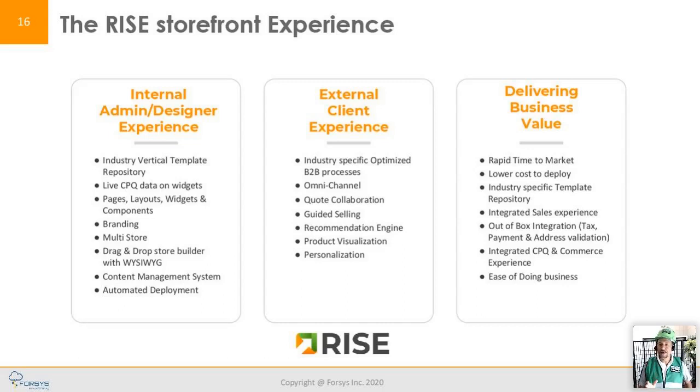But the benefit for your client is they have an omni-channel experience, and you can have an omni-channel experience from a direct customer to your middlemen, your B2B, your direct partners, your channel resellers. All that can be a workflow process that is integrated. It is a unified experience end to end.